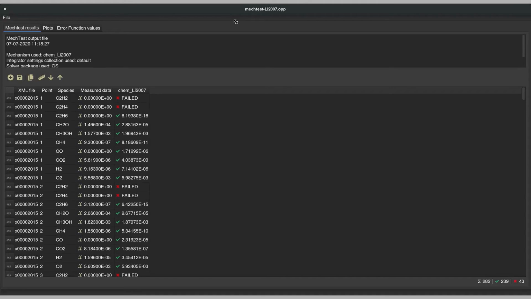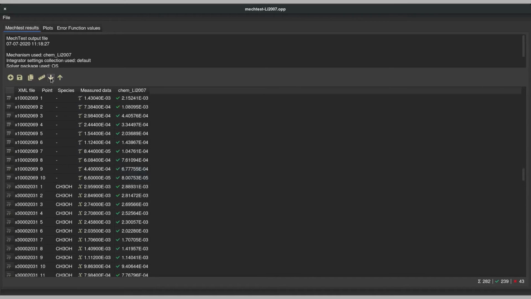This table contains the experiment ID, the point number, the name of the measured species, the measured data, and the simulated results. We can jump to the next dataset in this table by clicking on the arrow button in the toolbar, or by the Shift plus down arrow keyboard shortcut.